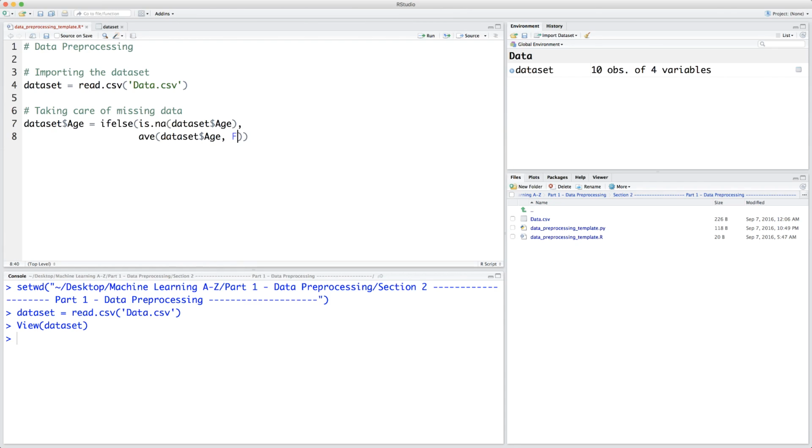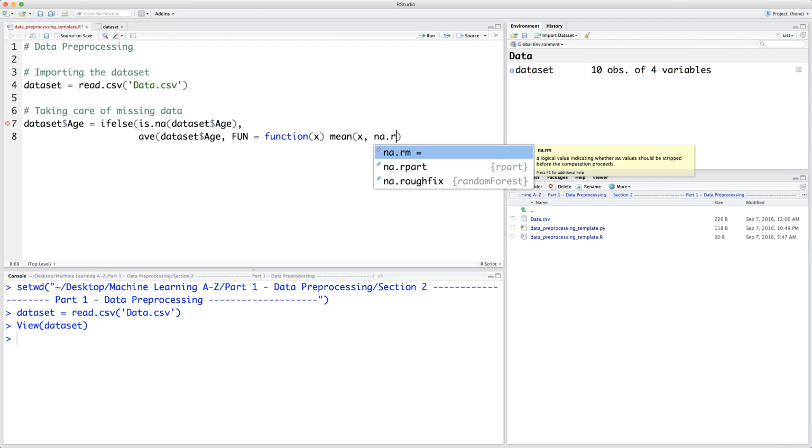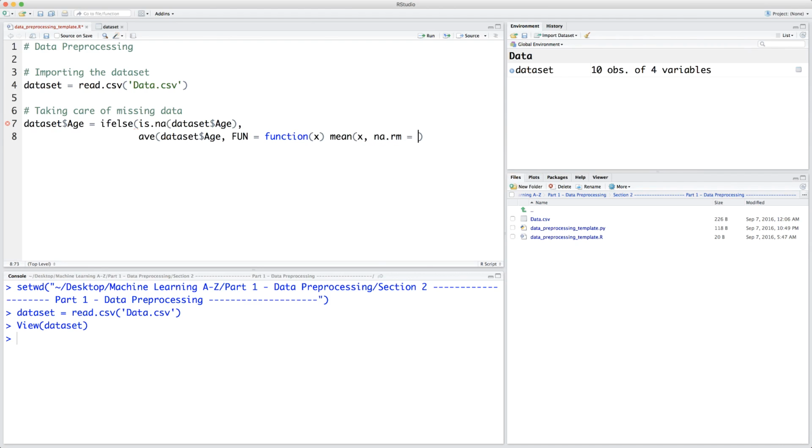So we're going to type FUN in capitals, FUN equals, then function(x). This is still part of the R syntax. We're just making a function here, which is going to be the mean function. And then we have to specify what this function will be. And so this function is, of course, the mean, which is an existing function in R. So here, parenthesis, x, comma. And here we're just going to add na.rm equals